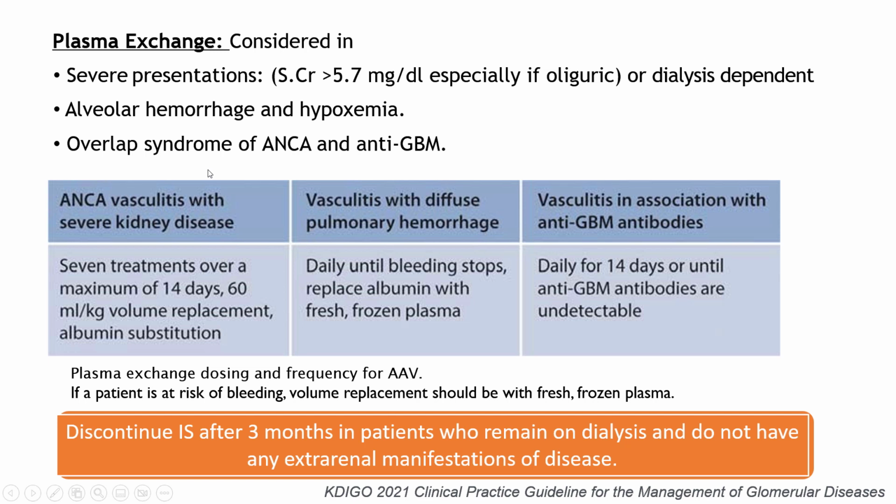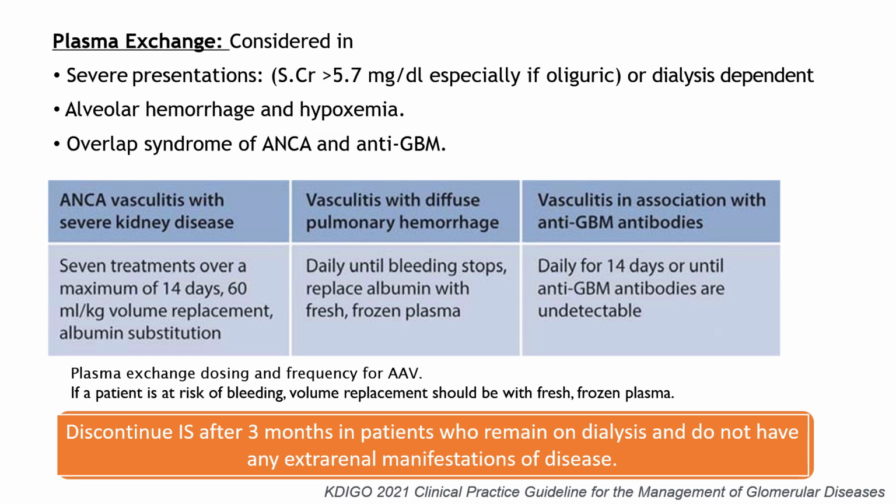So what about plasma exchange? Consider plasma exchange in patients with severe presentation: a patient who has serum creatinine more than 5.7, especially if he is oliguric, or a patient who is dialysis dependent, a patient presenting with alveolar hemorrhage and hypoxemia, or a patient who has overlap syndrome of ANCA and anti-GBM. And regarding the dose of plasma exchange, if it is ANCA with severe kidney disease,